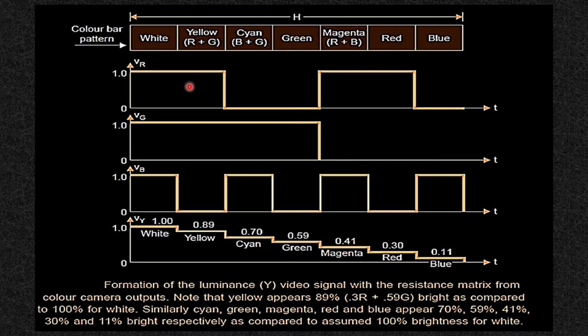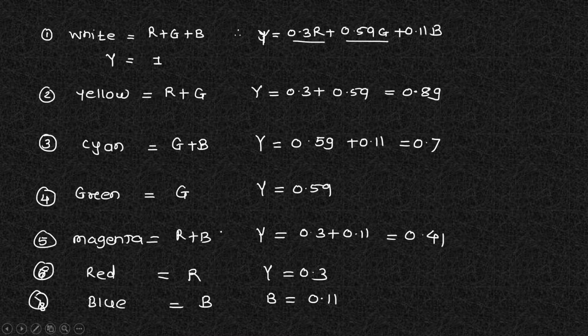Now we were talking about the luminosity associated. White is the combination of all three colors, and we know that luminosity is indicated by 0.3R plus 0.59G plus 0.11B. So the luminosity of white will be 0.3 with R saturated, 0.59 with G saturated and 0.11 with B saturated, which combined gives 1. Yellow is the combination of red and green, so 0.3 and 0.59 gives you 0.89. In the calculation for R plus G plus B, if you put R as 1, G as 1 and B as 1,